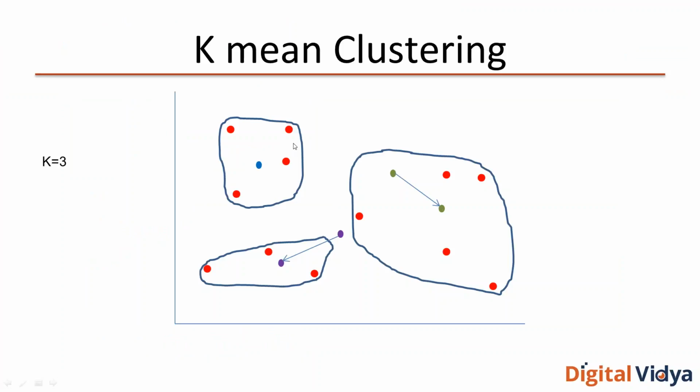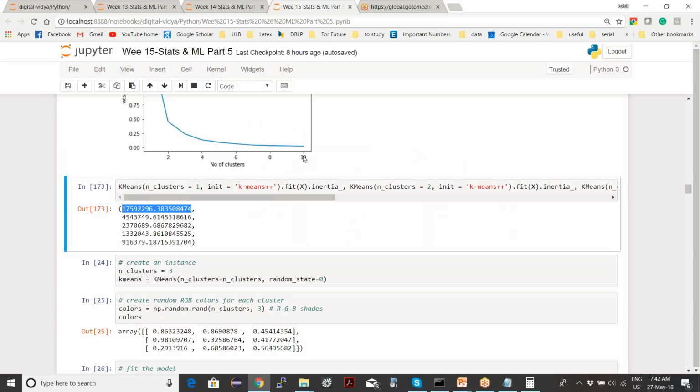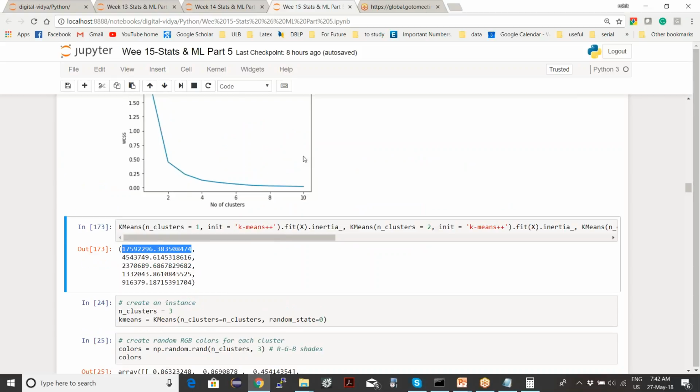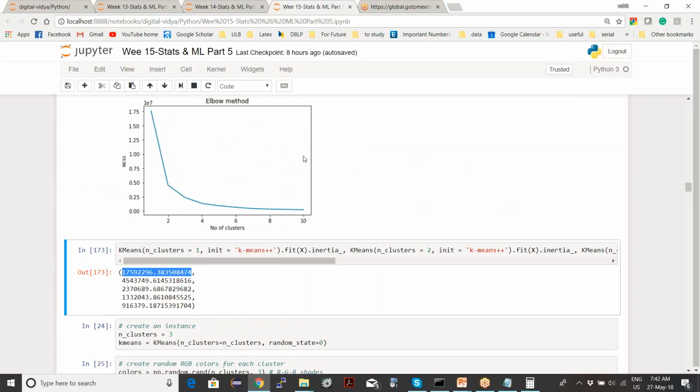You can find this cluster's sum of squares, this cluster's, and so on, and then sum them up. It's kind of a degree of how far they are from each other and how close they are within a cluster.